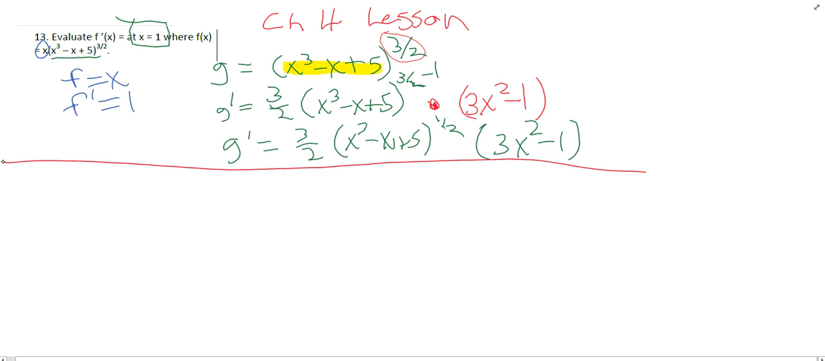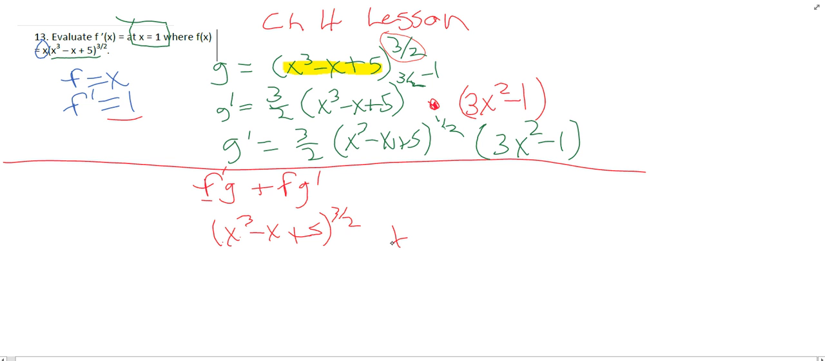So down here we'll do the product rule. We have f prime g plus f g prime. So the derivative of the first times the second plus the first times the derivative of the second. So let's just put it all together. We have 1 times g. So we have x cubed minus x plus 5 to the 3/2 power